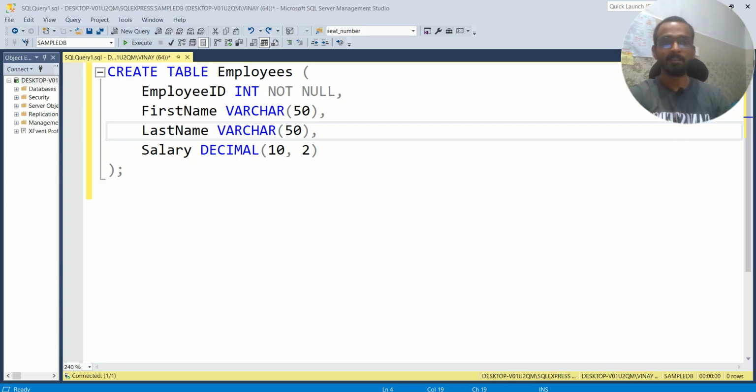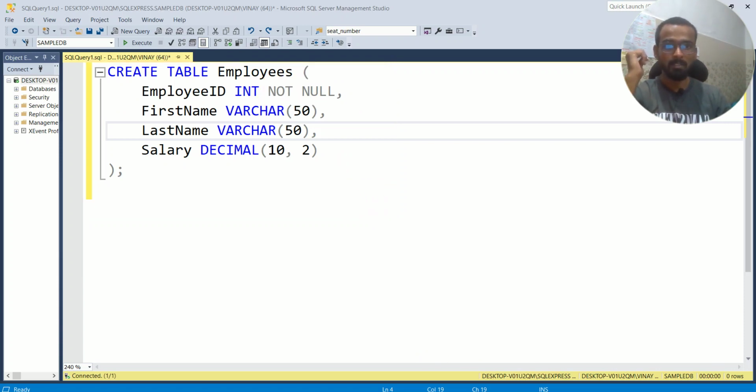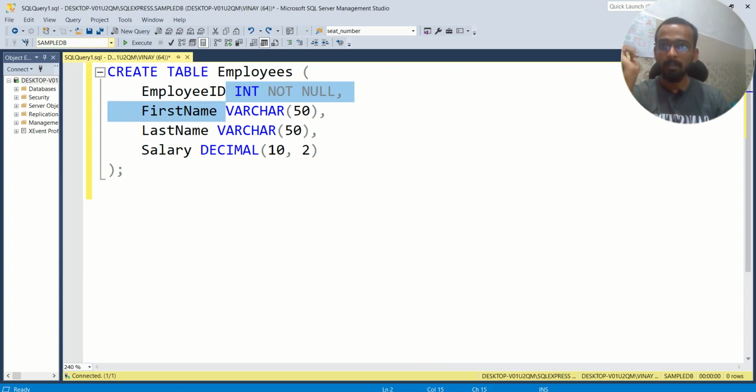To save time, I have just copy pasted that data and I'm using the same stuff: employee as the table name, employee ID with the constraint not null, and the other columns are the same. I'm just creating the particular table over here, and you can use any kind of database.